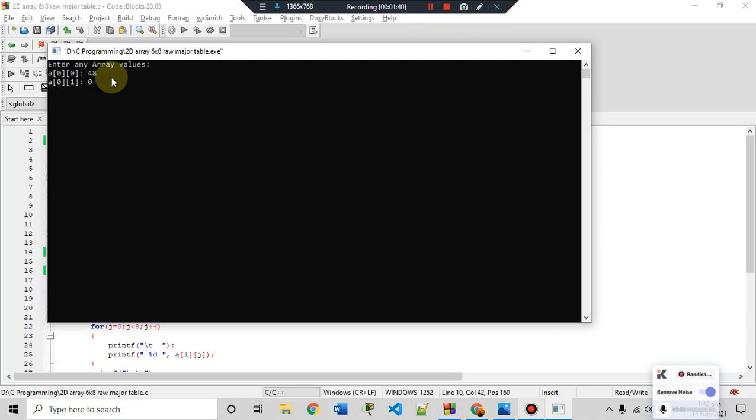So start 0, 0, 0, 0, 0, and put 64, 65 like that. Column 0, 0, 0, 54, 0, 0, 0, then put again another value, which I put 35, then 0, 0,